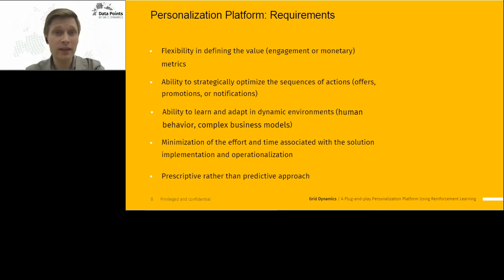Many traditional marketing analytics and personalization methods use predictive modeling to score customers. The typical problem with this approach is that marketers struggle to choose the right action when they have multiple scores. And there is a lot of interest in prescriptive models that recommend a specific optimal action with regard to a certain outcome.